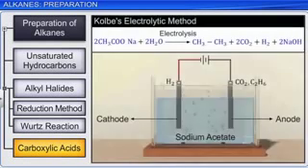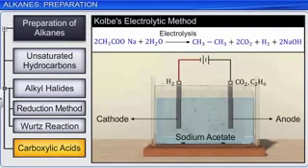Coal-based electrolytic method is yet another method to prepare alkanes from carboxylic acids. This method involves the preparation of alkanes with an even number of carbon atoms through the electrolysis of aqueous solutions of sodium or potassium salts of carboxylic acids. For example, the aqueous solution of sodium or potassium acetate on electrolysis gives ethane.